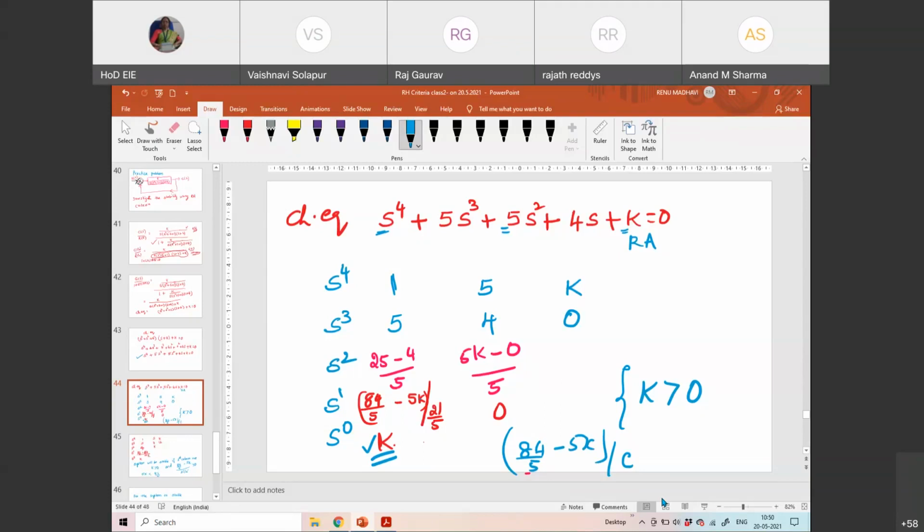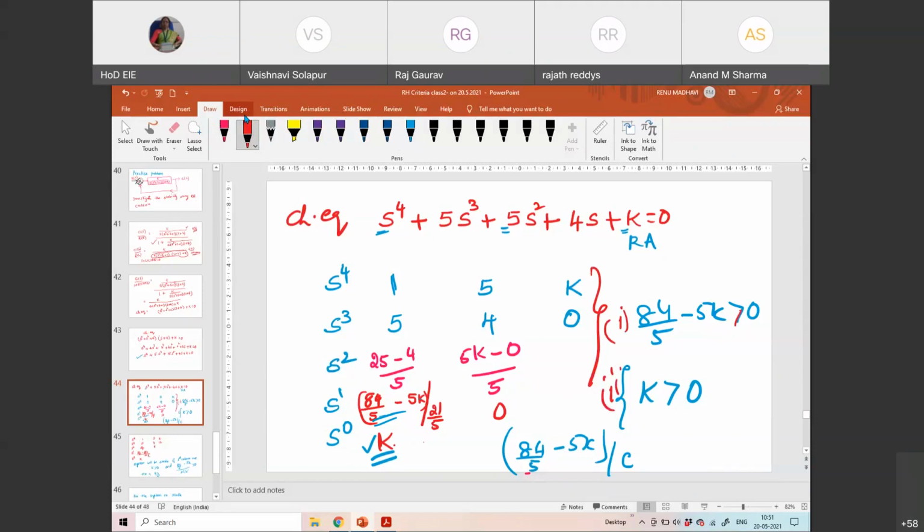But if it is 1, okay, 2, okay, 3, okay. So there is a particular value of k up to which it would be positive, right? So for it to be positive with respect to this term, we want 84/5 minus 5k to be greater than 0, whatever the subtraction may be. I want that particular term to be positive after subtraction. So this 84/5 minus 5k should be positive is one condition looking from the routh array.